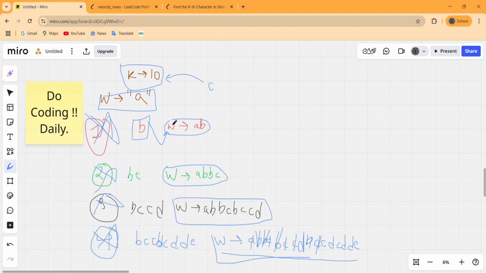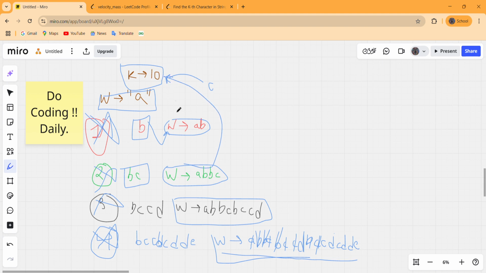Still not enough characters, so again change every character to its next adjacent character. The temporary string becomes "bc", and appending it makes the word "abbc". It does not have k characters.